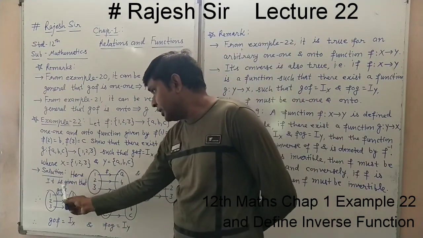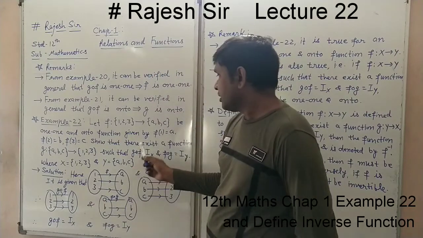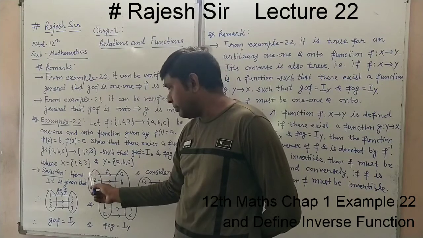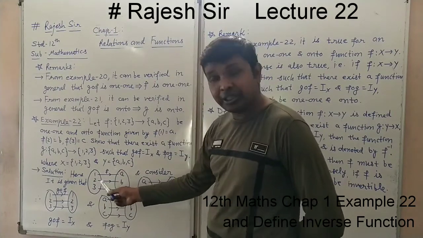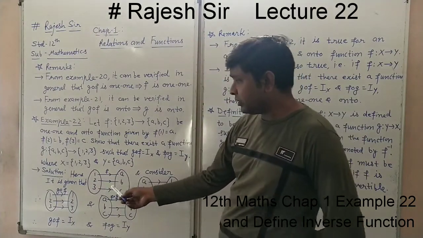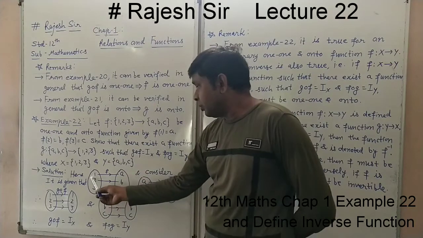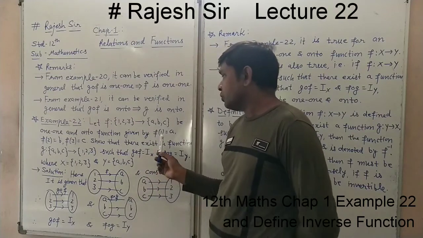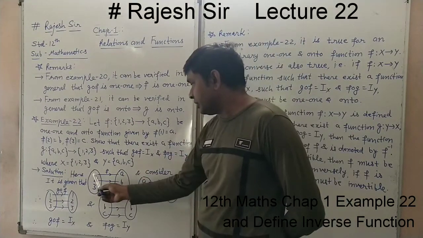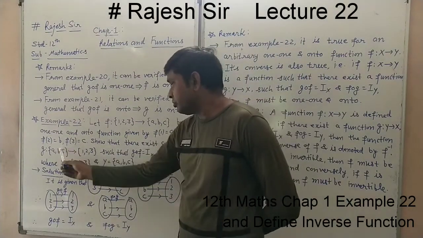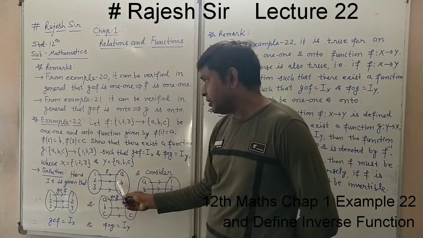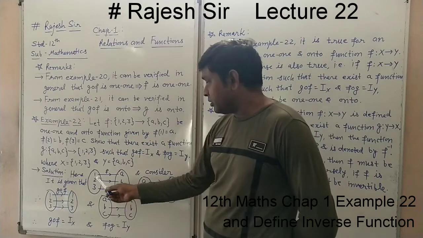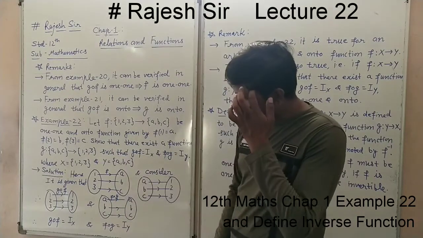In the solution, it is given that f(1) = a, f(2) = b, f(3) = c, which can be mapped this way. The f function can be shown this way. Its domain contains 1, 2, 3 and the codomain has a, b, c. In the question f(1) is a, so 1's image is a, f(2) equals b, that is 2's image is b, f(3) equals c means 3's image is c. So this way it is given and we have shown it.